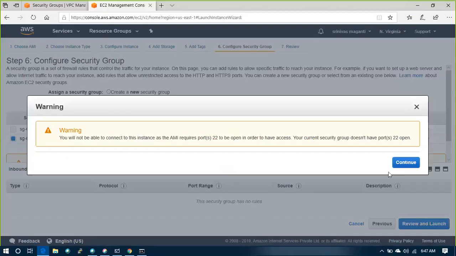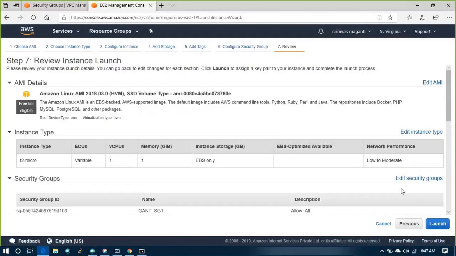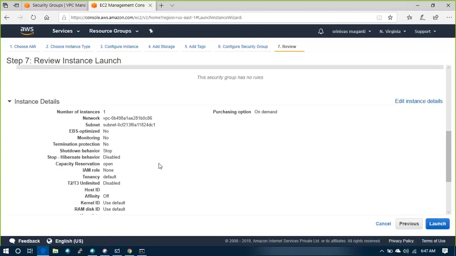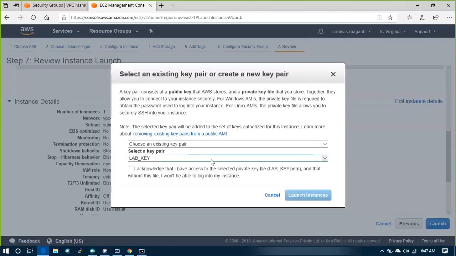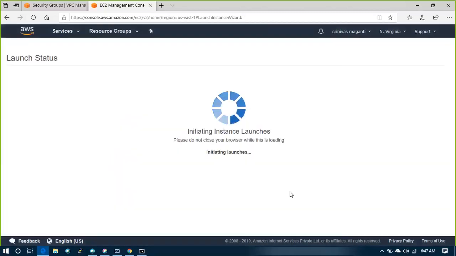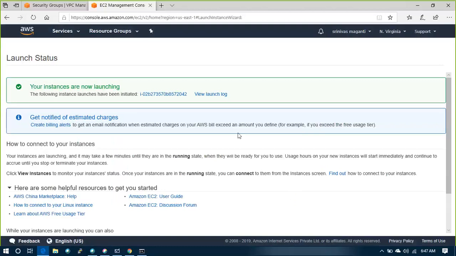Okay, we'll create that. Create and launch. And what is that? Lab_key is the PEM key, right? Done. So the machine will get created.